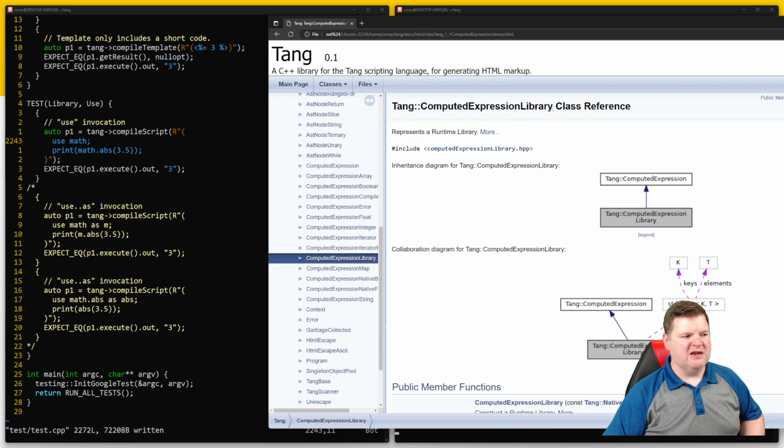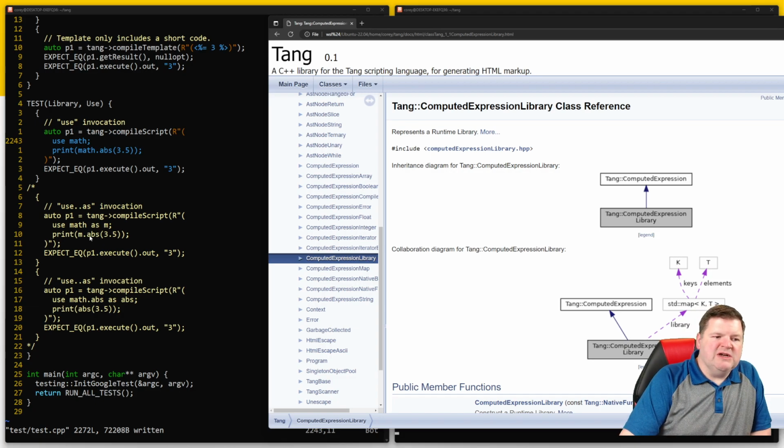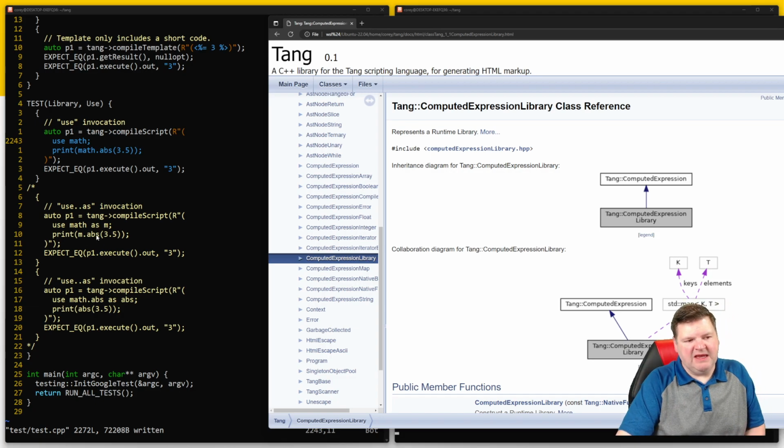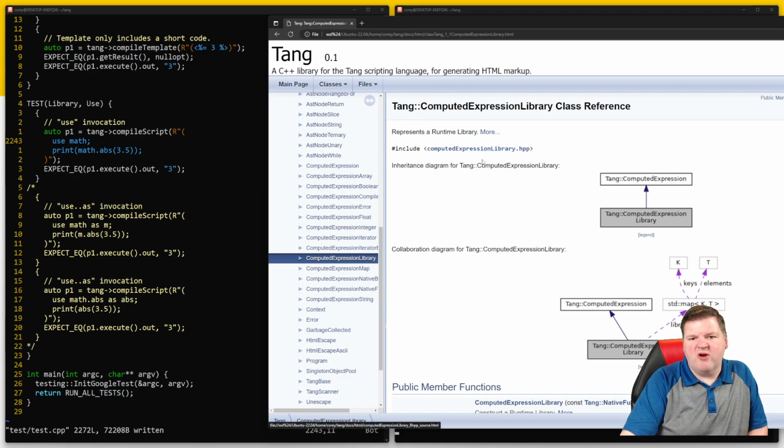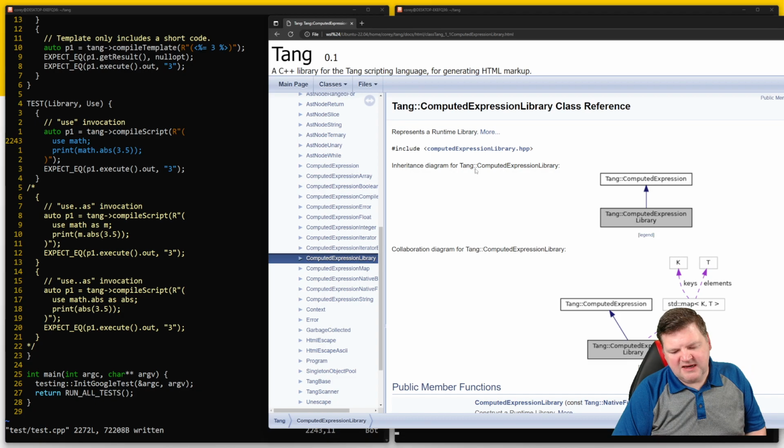And then if I say math.abs, so .abs needs to return something. So if I ask this computed expression library for something with that identifier .abs,